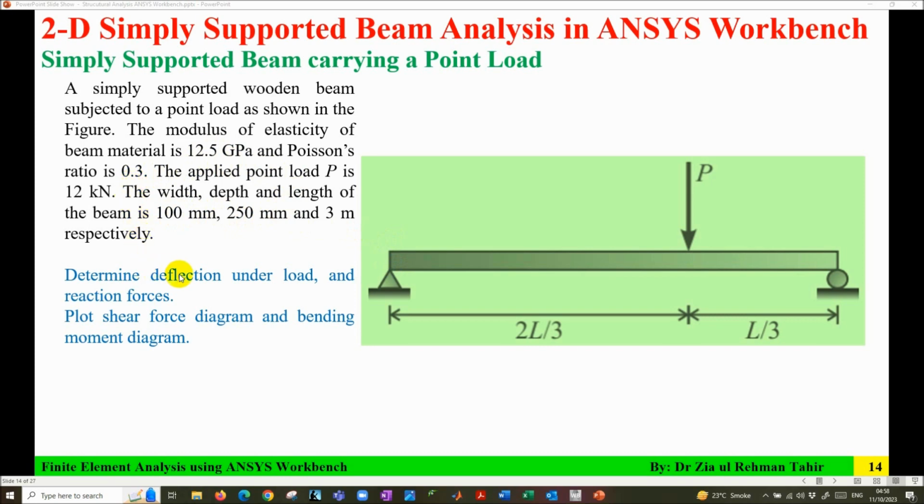So you need to find the deflection under the load, then the reaction forces or support reactions, and then plot the shear force diagram and bending moment diagram. So analytically, using method of joints, I calculated reaction forces and maximum bending moment. So I am using these values as reference to compare